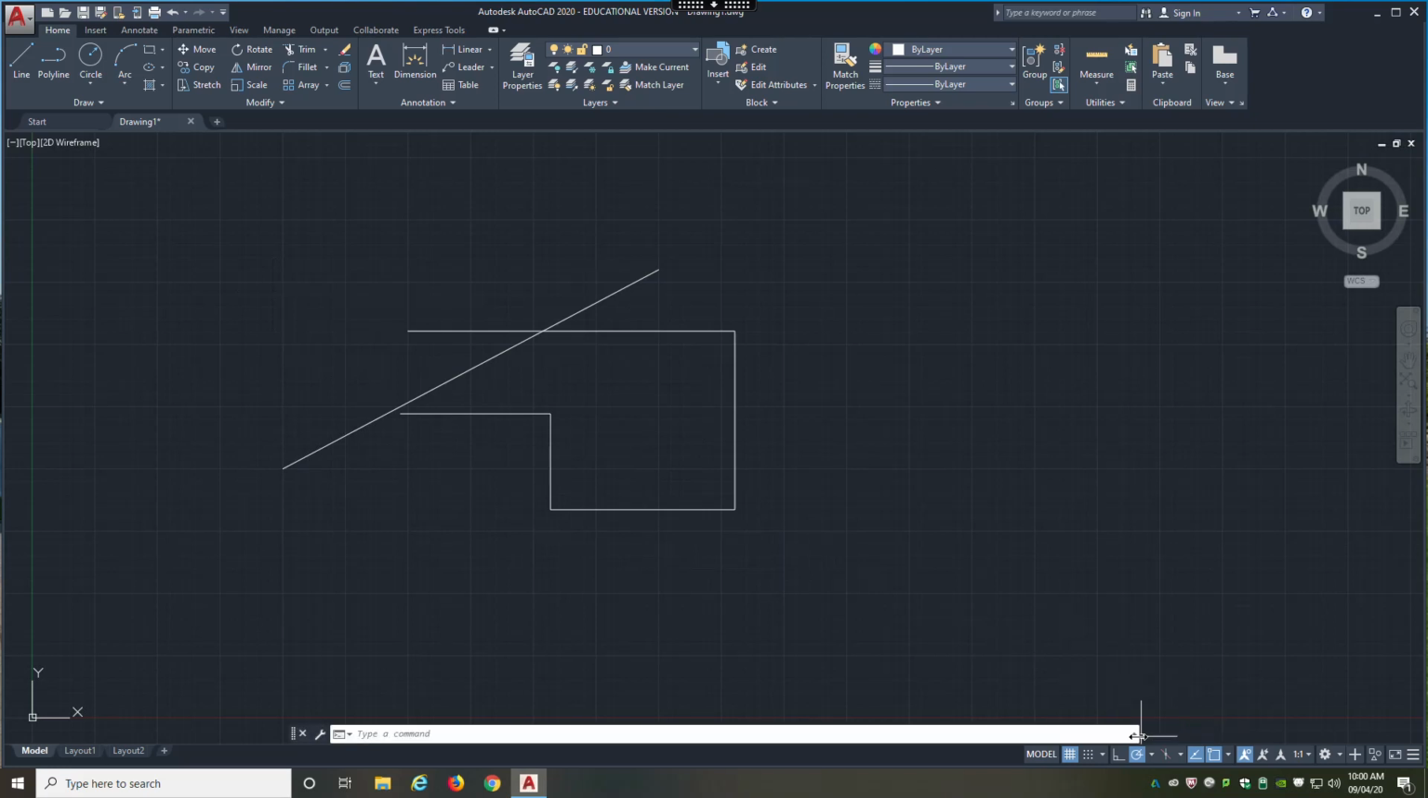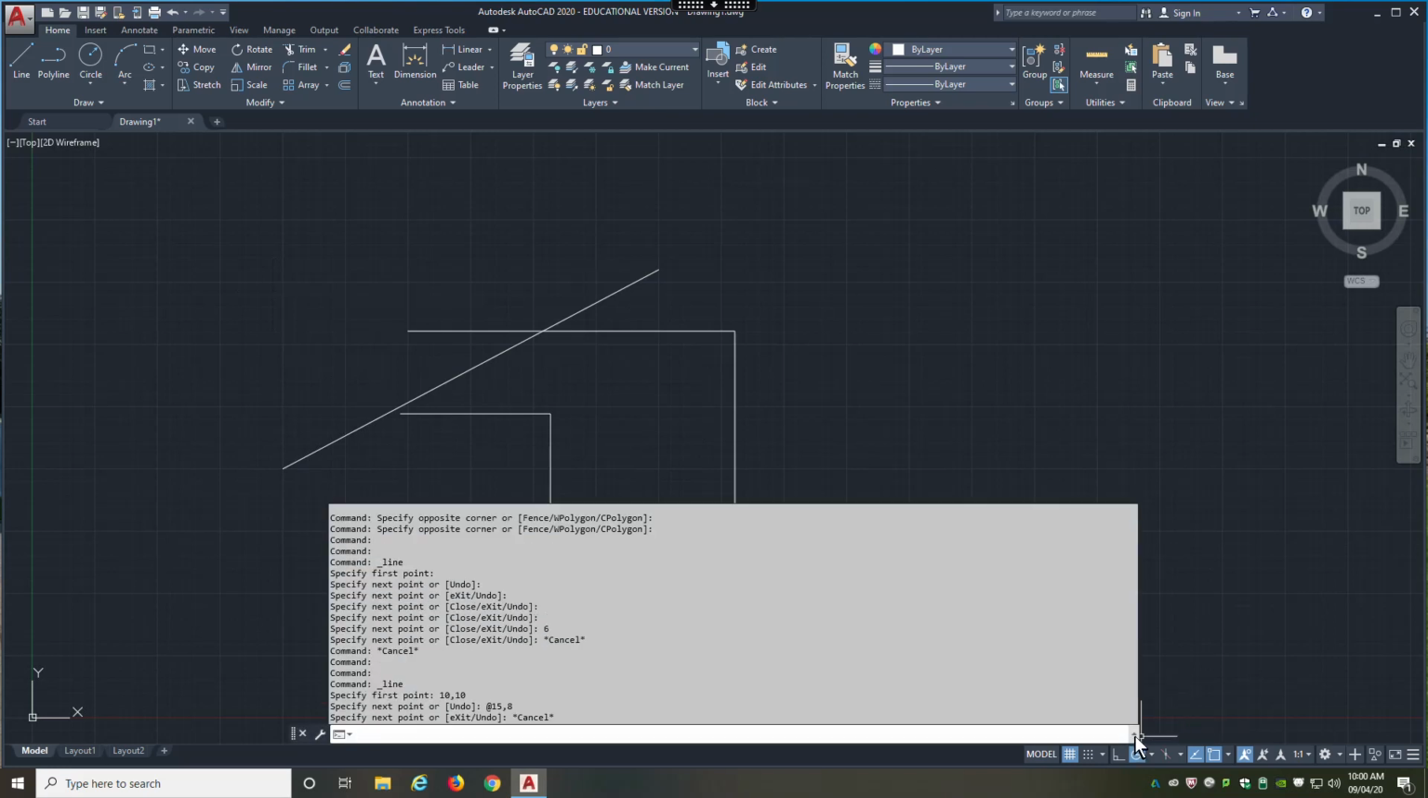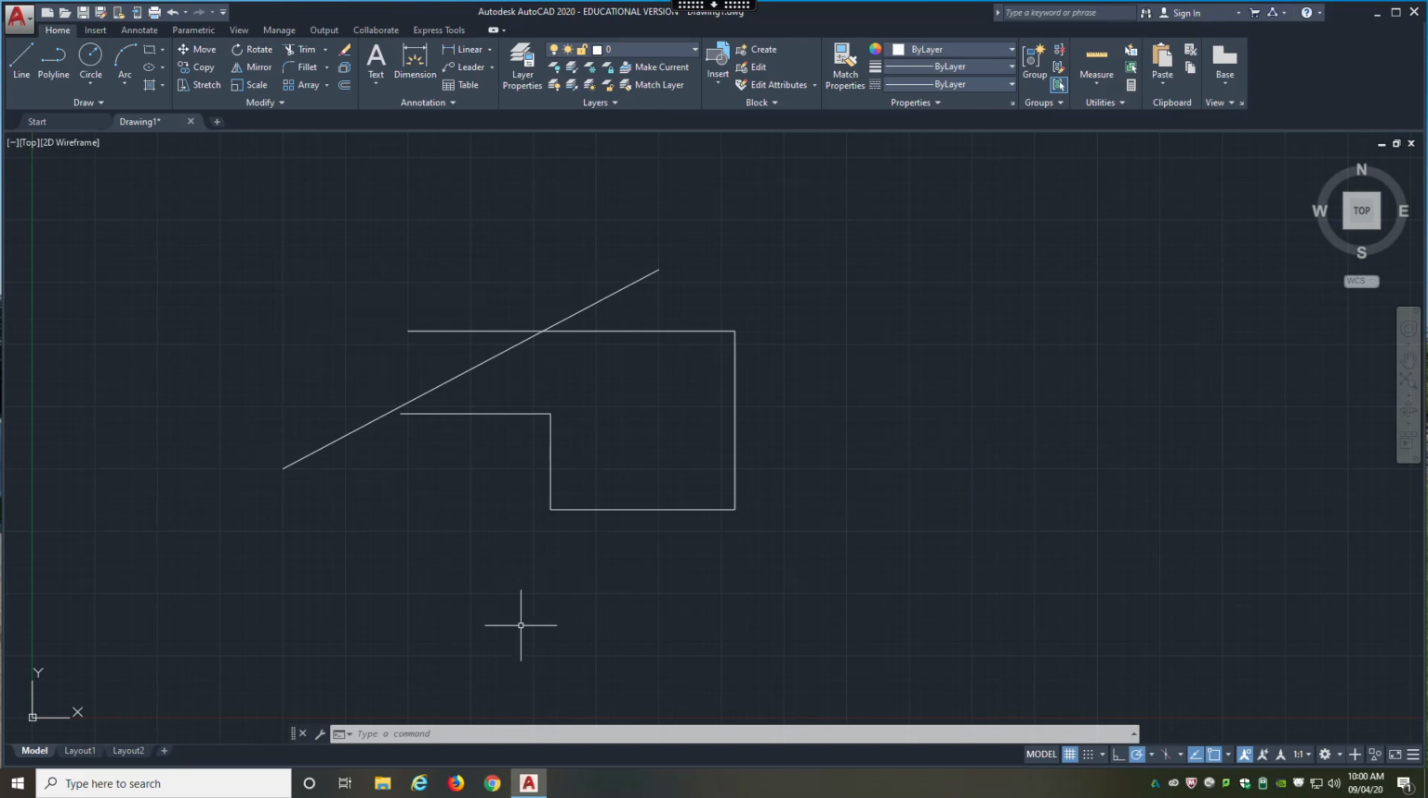And looking back at my history, if I bring this up, it did do a relative coordinate. Okay, so it did 15, comma 8. So that's why it went up. In case you weren't expecting it to go downwards, that's why. All right, so